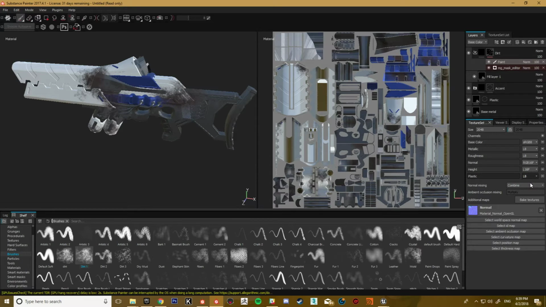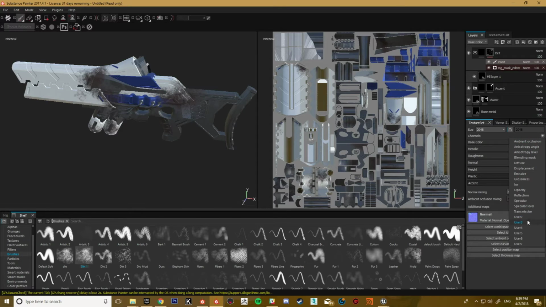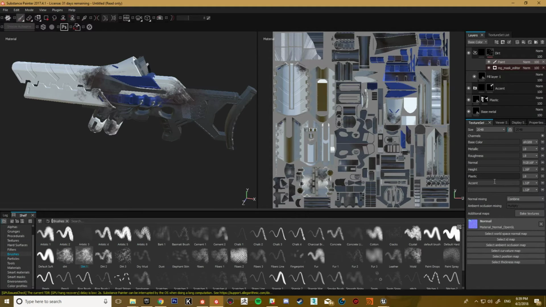And then because it's black and white, I'm going to change it to that, similarly to the other black and white masks that you get here. And then we'll add user 1, which was the blue metal. So accent, and then another layer, which was our dirt.